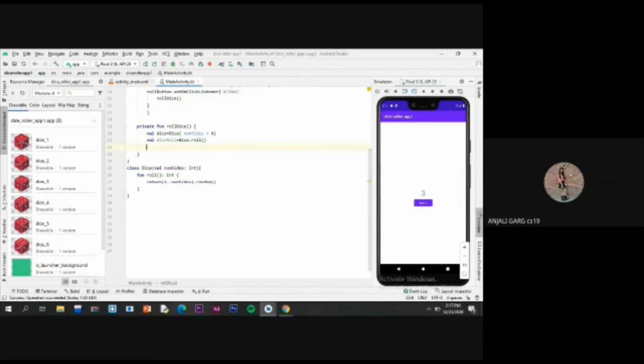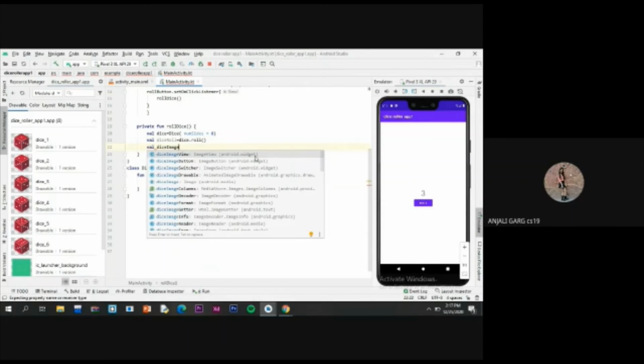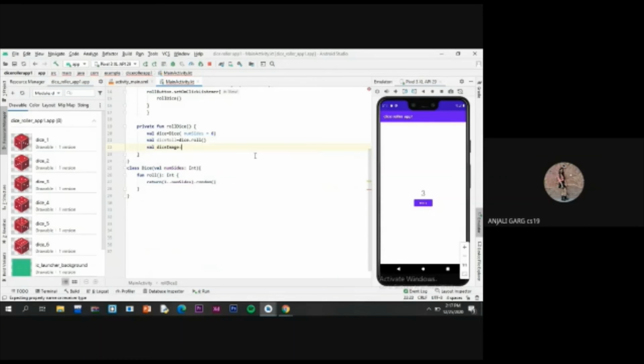Now we will do our coding. You can see the code from the code lab also, but again I prefer you to write your own code because it will help you to become a good coder.